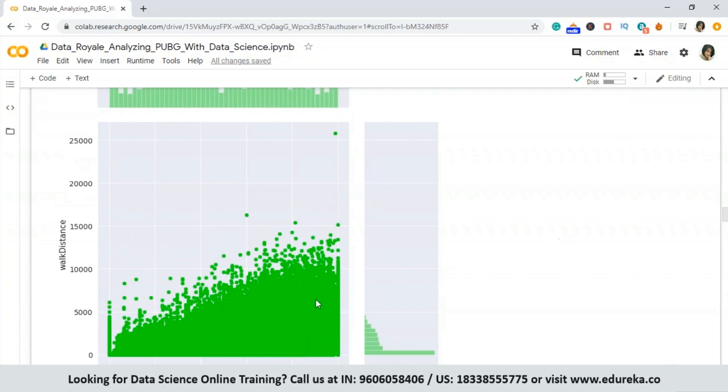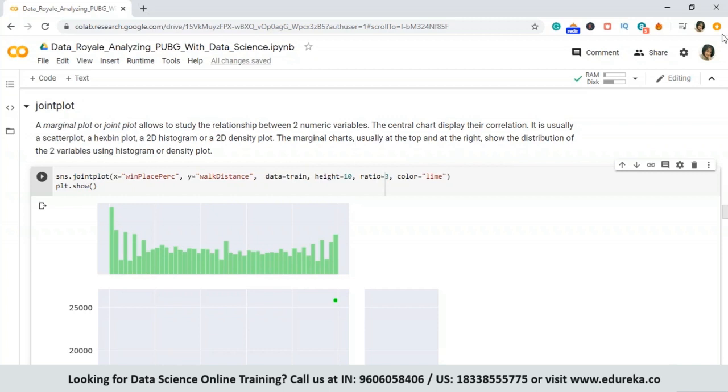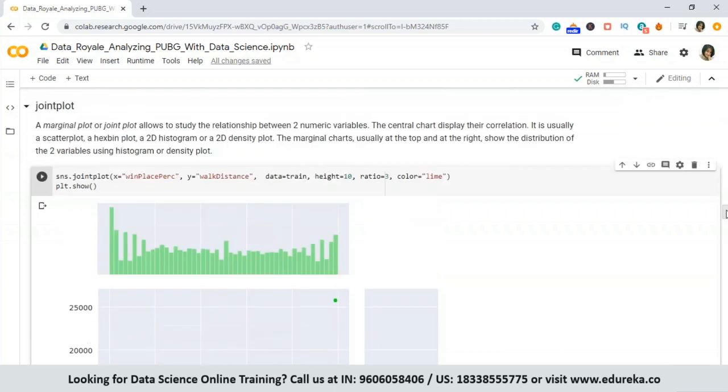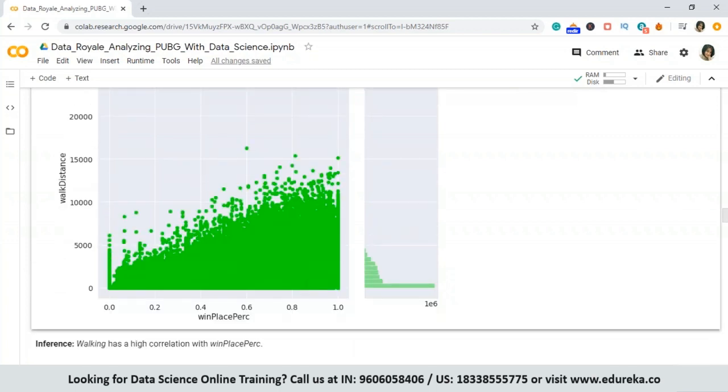Now here we have a scatter plot of the distance someone walks and how it correlates to the winning percentage. This marginal plot, or joint plot, does an exceptional job in helping us understand the relationship between two numeric variables. Now, obviously, we see there is a linear relationship, a direct relationship between the distance somebody walks with their winning